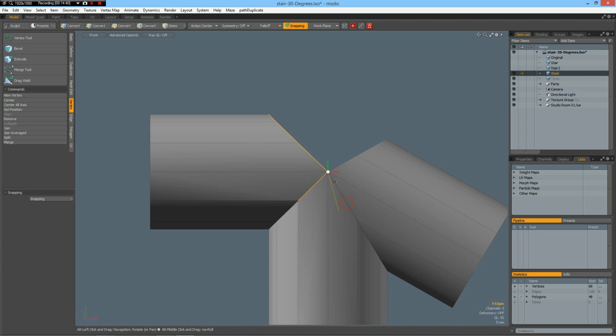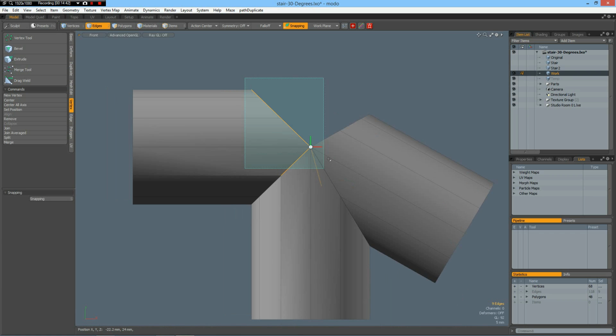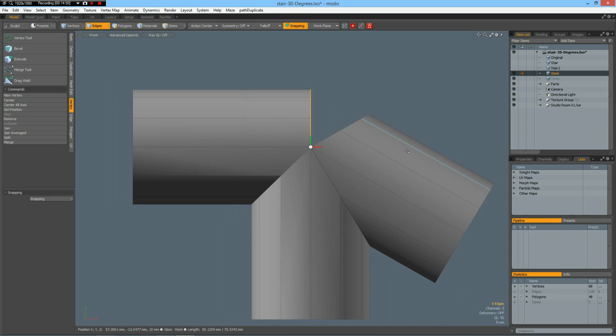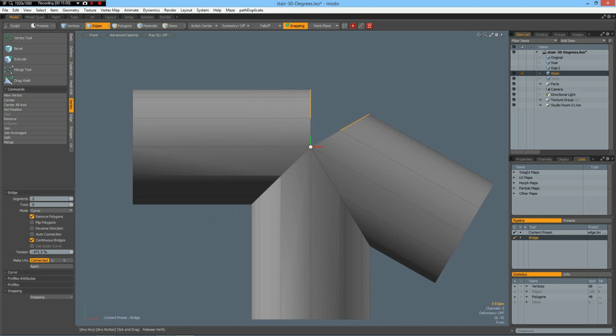Let's go to this view and then go to vertex, set position 0 on X, and then we can select these edges here and bridge again with 2 segments, but with, let's start with 100 and go down a bit like so, yes,